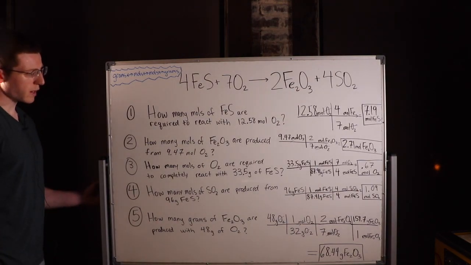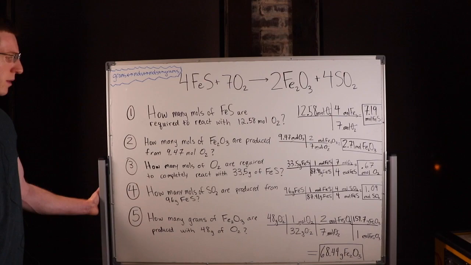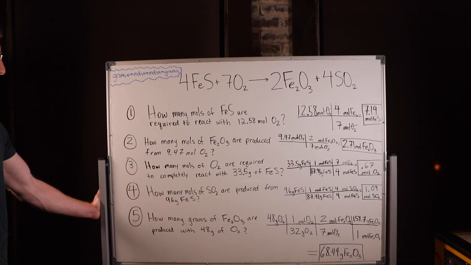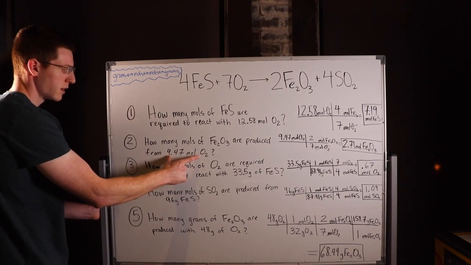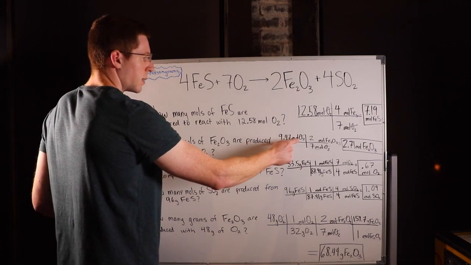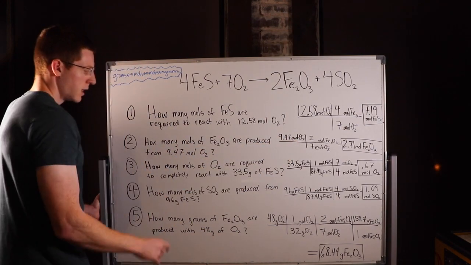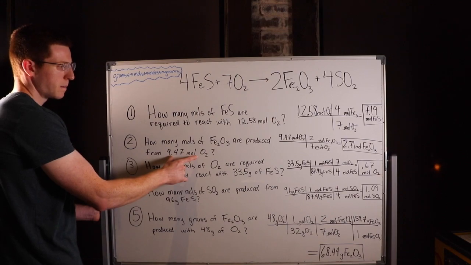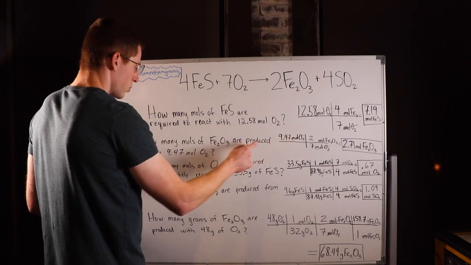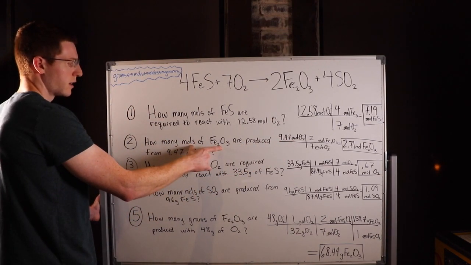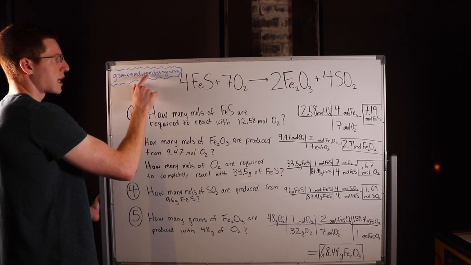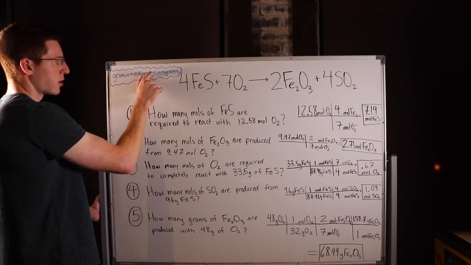So how many moles of Fe2O3 are produced from 9.47 moles of O2? So this is the number we were given, so we'll start with that on our top left of our table. 9.47 moles of O2, and what are we going to? We're going to moles of Fe2O3, right? So again, we're just taking this one step here from moles to moles, so we don't have to worry about